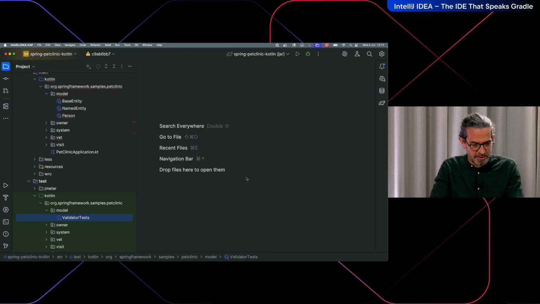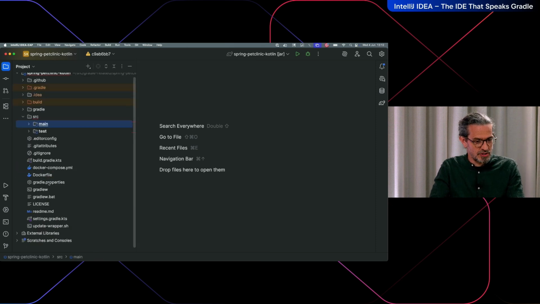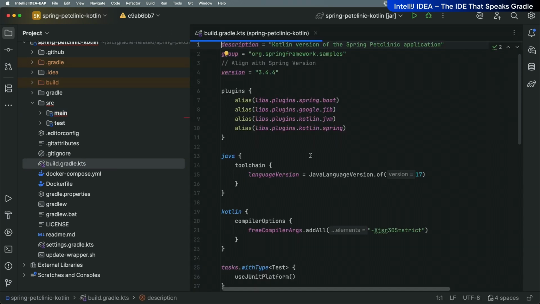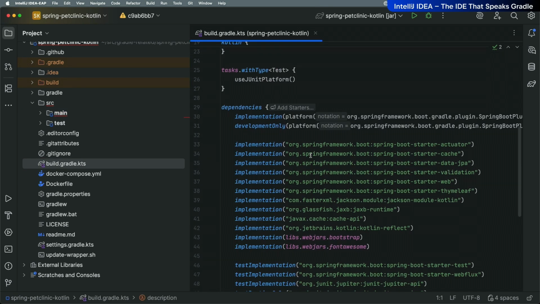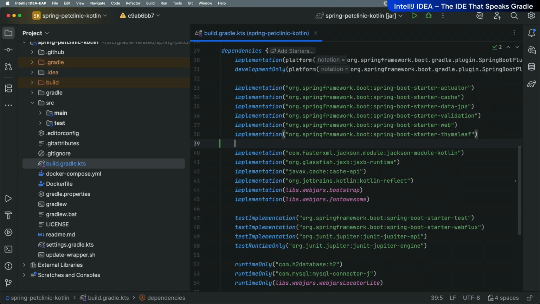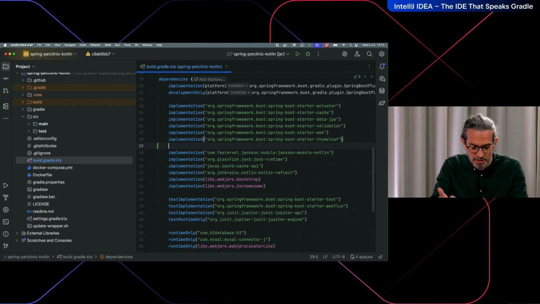features provided there. But let's say we want to make actual changes to our code. So let's say we want to add email notifications to the pet clinic. And for that, we will edit the Gradle file and add the dependency. We know that Spring Boot has the feature for email. So